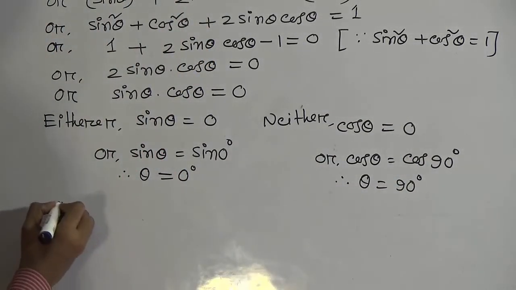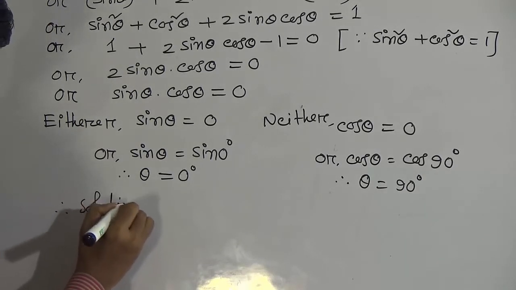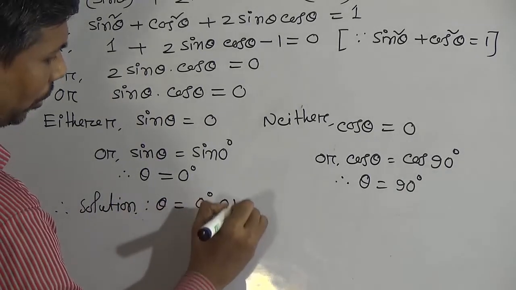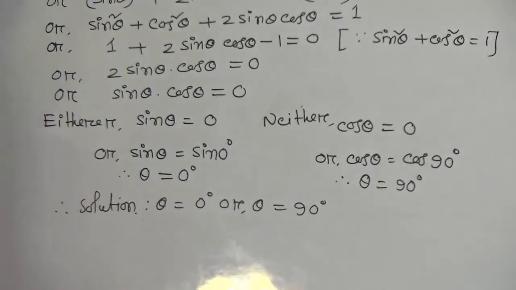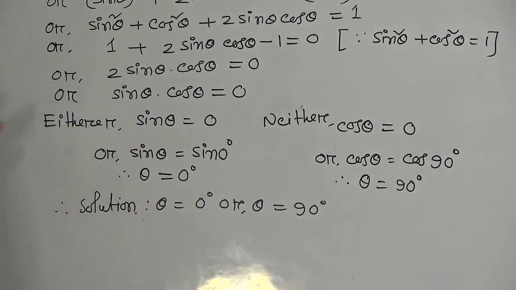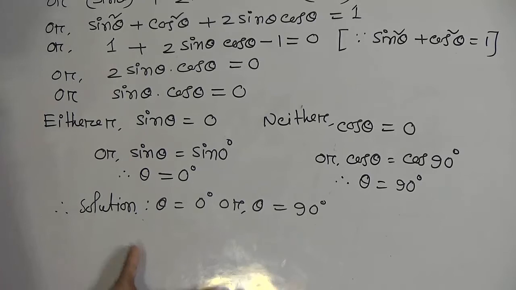Now write the solution. Theta equal to 0 degree or theta equal to 90 degree. Both the two angles are valid here because our condition is that the angle should be 0 less than or equal to theta less than or equal to 90 degree. Okay, so according to the condition, theta equal to 0 degree or theta equal to 90 degree, both are valid. Okay,